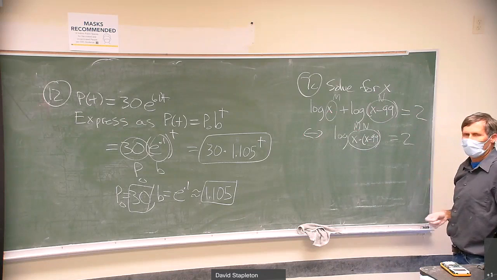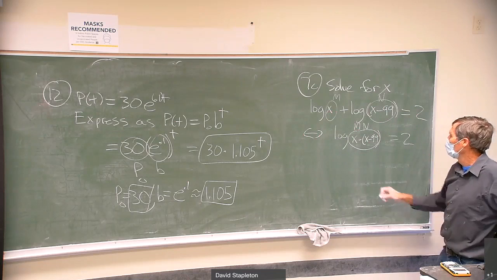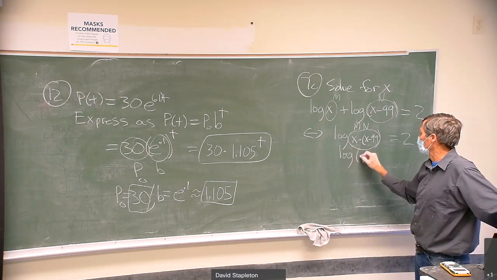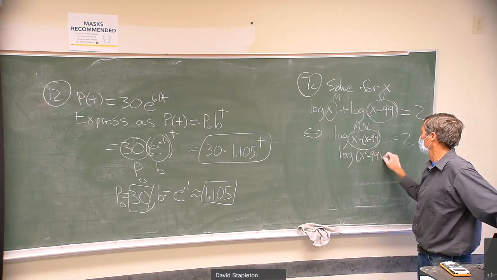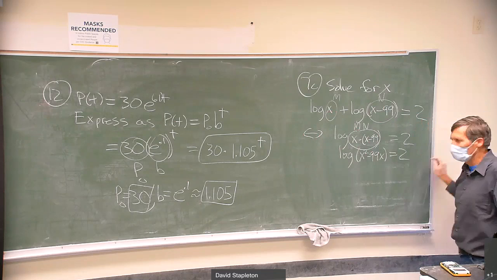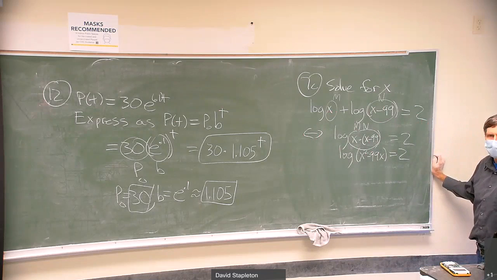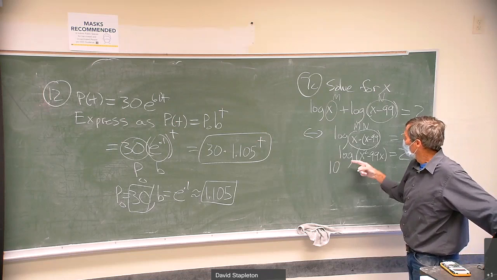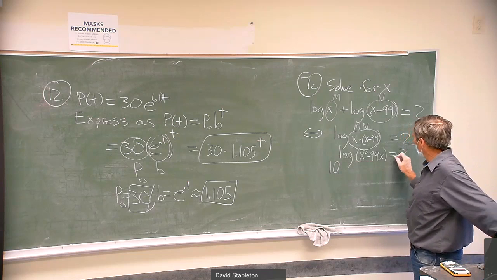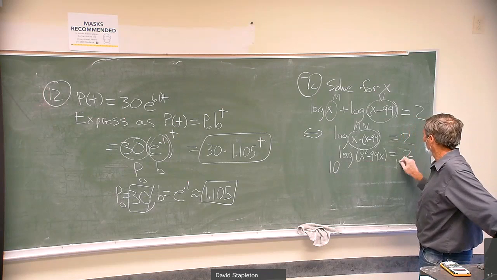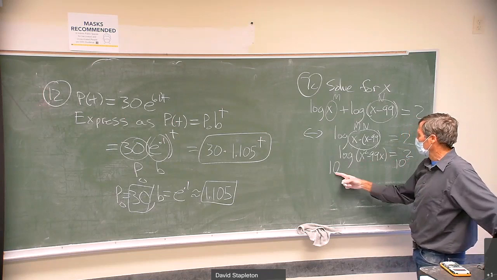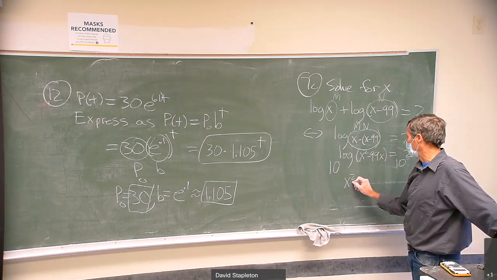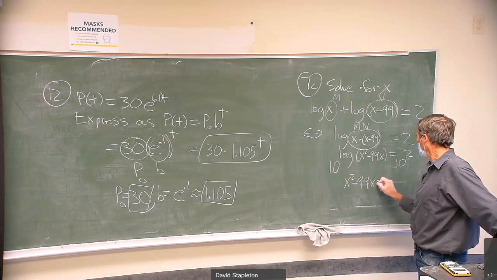Now, how do I solve this one? Okay, so I can distribute the x: log of x squared minus 99x equals 2. And now what do I do? I'll take 10 to each side because 10 to the log base 10 undo each other. So I'll take 10 to the left equals 10 to the right. Now 10 and log base 10 undo each other. I just got x squared minus 99x equals 10 squared,